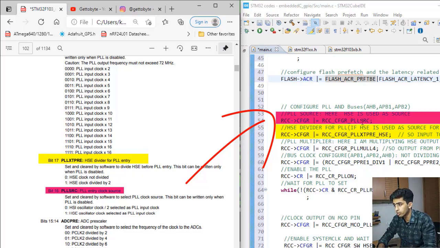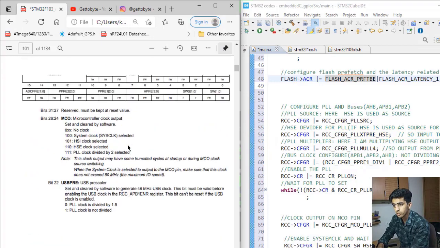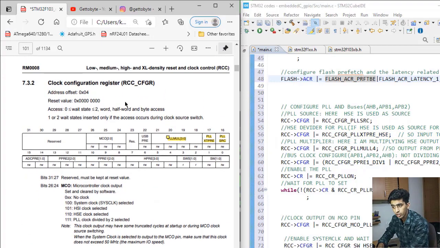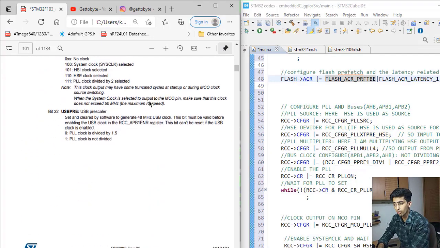I have used HSE for my PLL, so I have used the HSE oscillator as my PLL source. My register name here is RCC_CFGR, which is the configuration register for the clock.